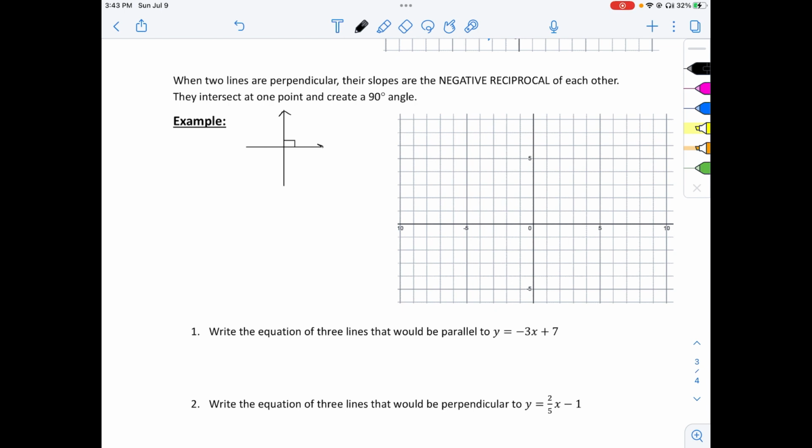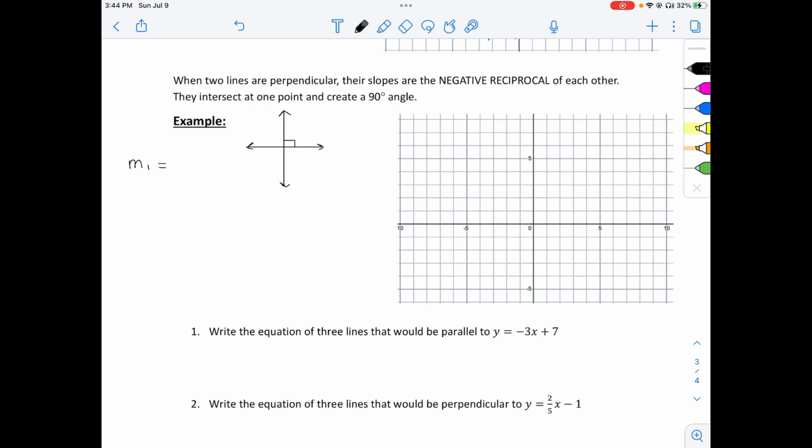So they would be something like this. So they will cross, they will have a point of intersection, and the angle between the lines when they cross is 90 degrees. When we were talking about linear relations specifically, their slopes are what we call the negative reciprocal of each other. So what that means is, let's say my first slope